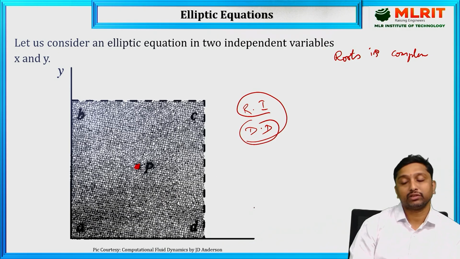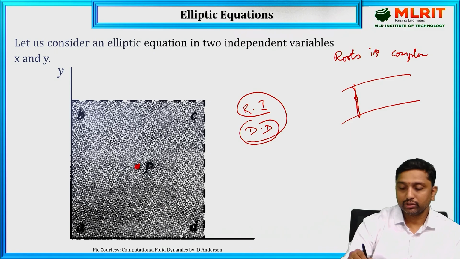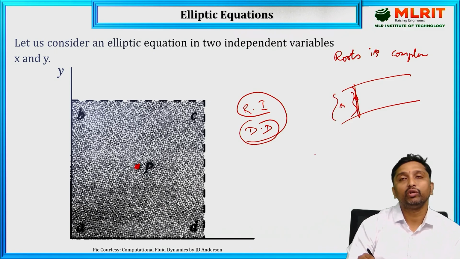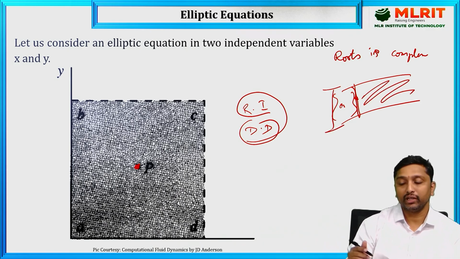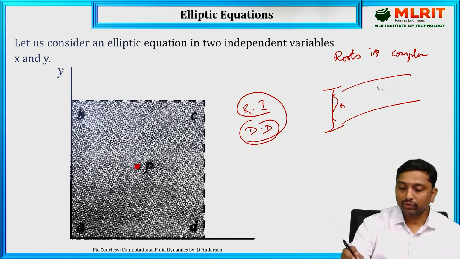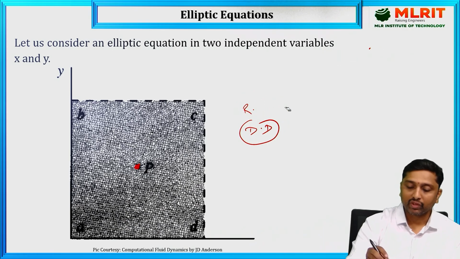For example, if I take a parabolic equation, this is the disturbance, and this region could be considered the domain of dependence, which is the initial data line, and this is the region of influence, which can be separated using the characteristic curve. But in the case of elliptic behavior,